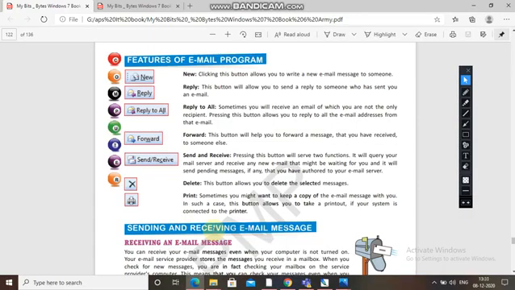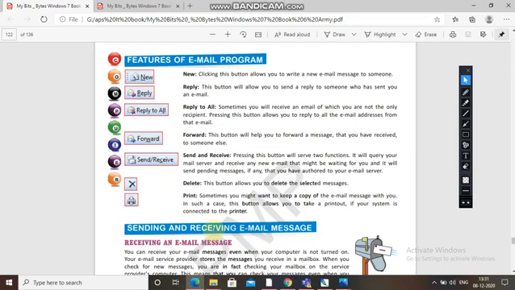Send and receive. Pressing this button will serve two functions. The first, it will query your mail server and receive any new email that might be waiting for you, and it will send pending messages, if any, that you have authored to your email server. Delete. Everyone knows this button allows you to delete the selected messages. Print.